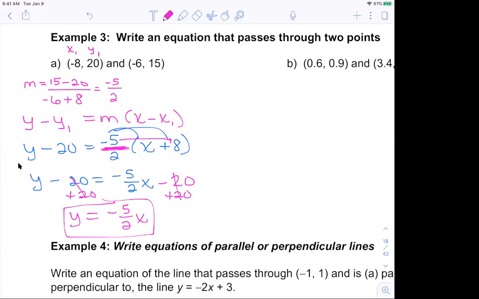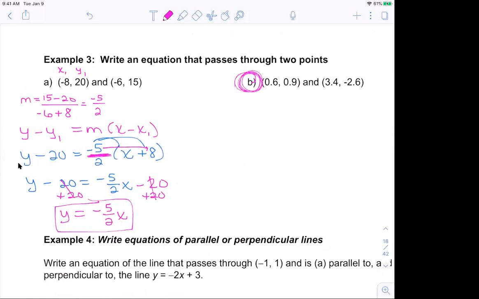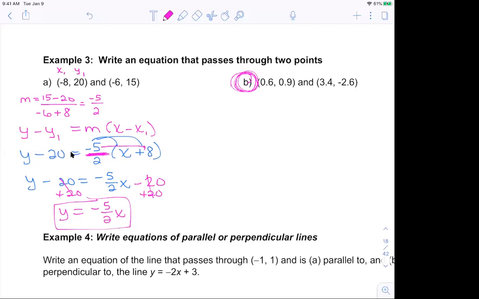So there is about a minute left. Before you leave or before you check out, I want you to make sure you're working through B here. So doing one more problem. So you might need a calculator because there's some decimals. If you're given a decimal, it's okay for your answer to be a decimal. So just try and work through this problem by finding the slope first, use your calculator if you need some help,